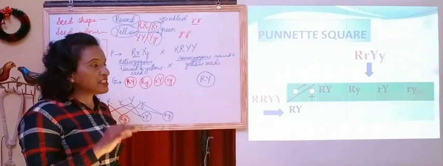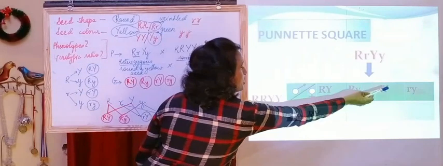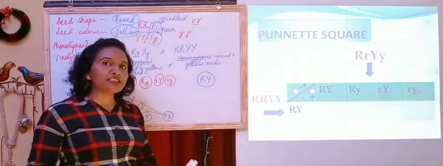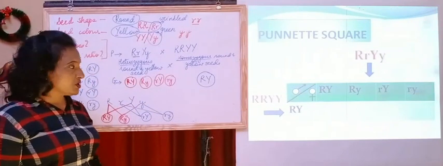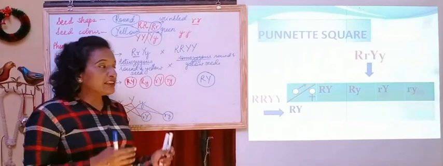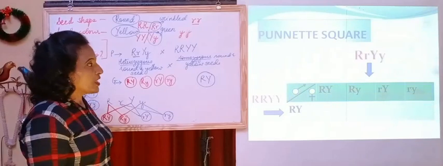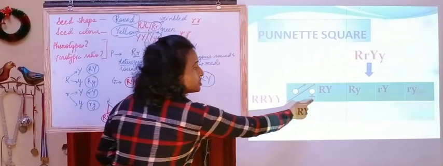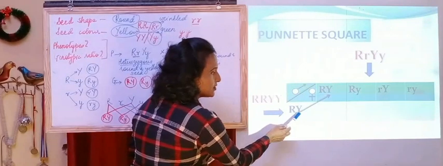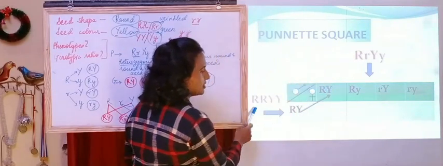So, it is always better that if more gametes are there, we always write them on the column side, and if few gametes, we assign them on the left hand side of the rows. So this is the Punnett square, and this way only we are supposed to prepare it for other problems also. Now how will the gamete fusion take place? Now this gamete will fuse with the gamete of the other parent. This is one parent, this is the other parent.